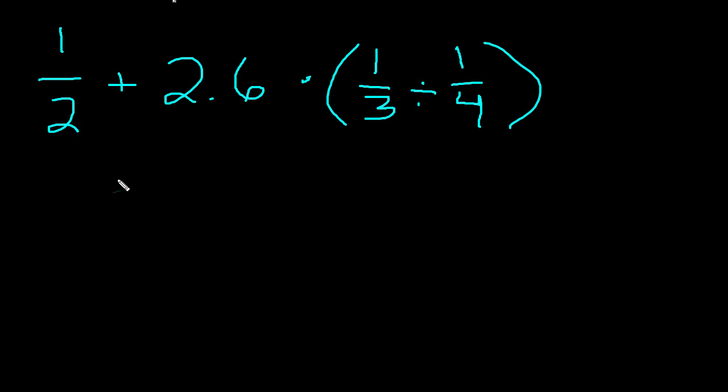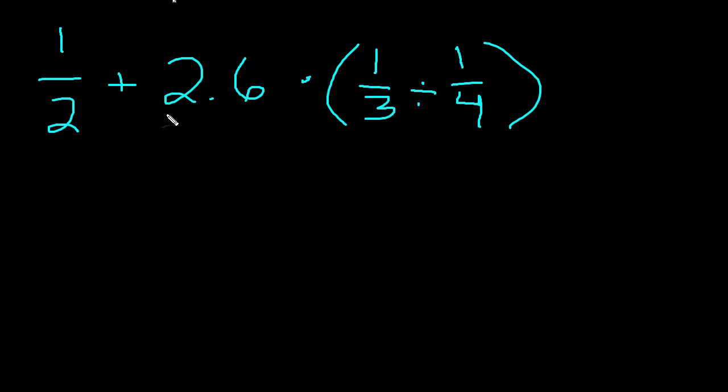So what if I have a problem like this? Okay, how do I use order of operations on this one? Well, it's still the same process. I'm still going to start in the same place, but along the way, I'm going to have to make sure that my numbers are either all decimals or all fractions. And it's always going to be easiest to make sure that they're all fractions because, remember, we can convert a